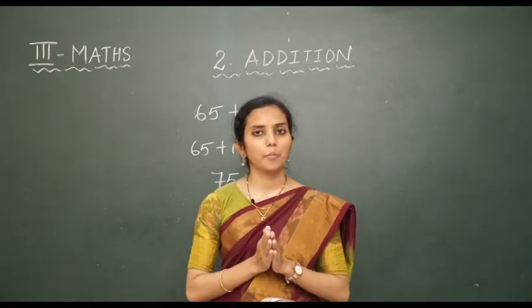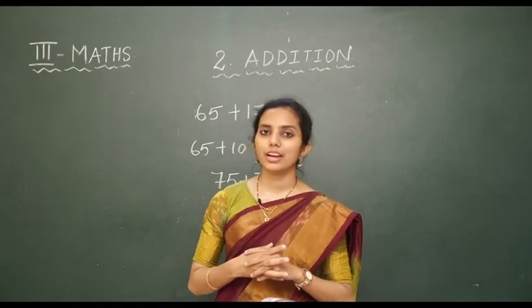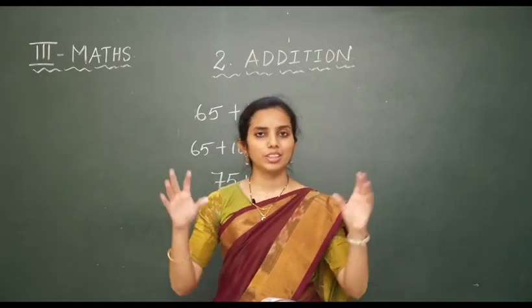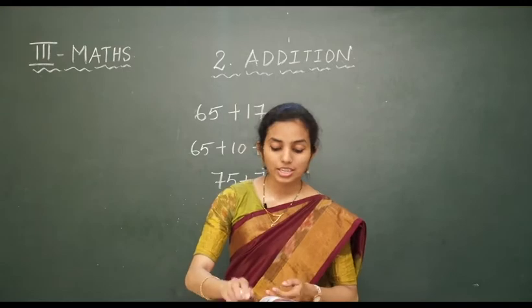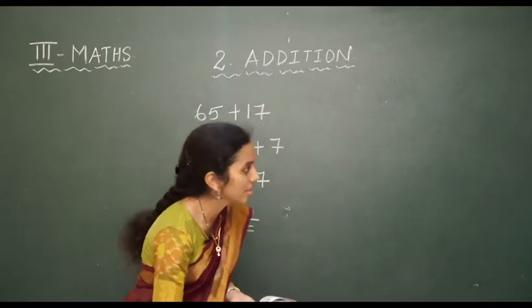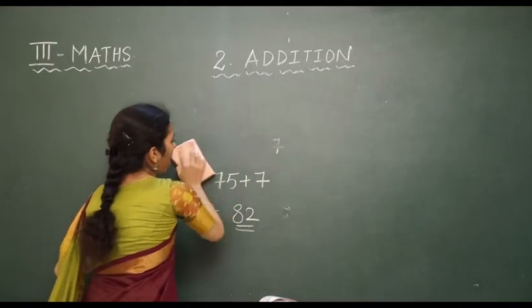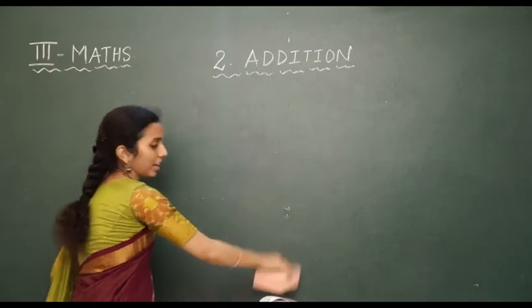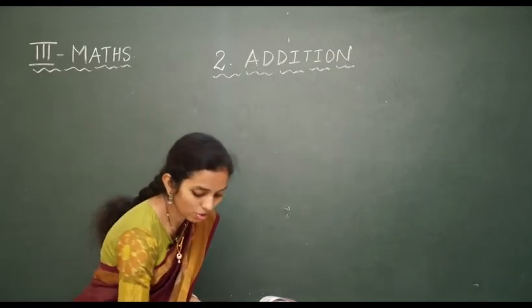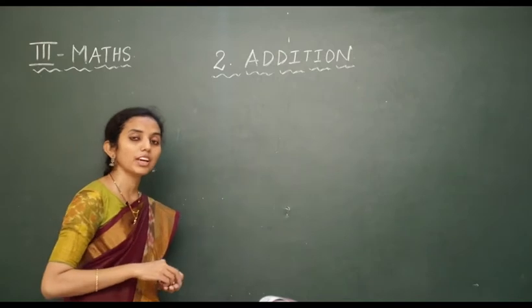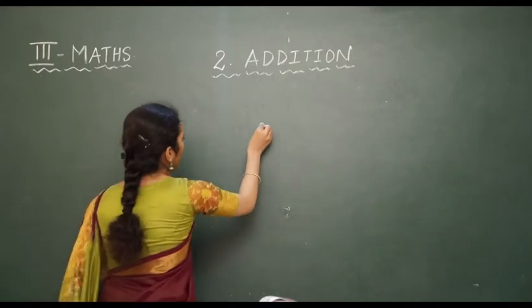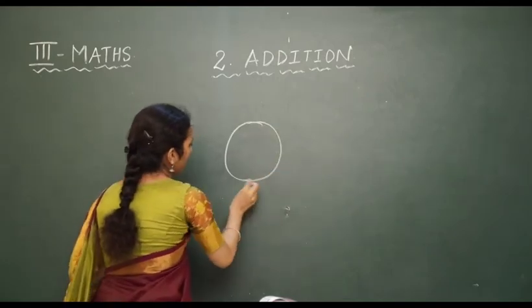Now there is a number spider. So what is a spider? You know, it's an insect with 8 legs. So what is it representing in our maths class? It is telling us how we can represent a number in different ways. So to tell that concept, here we are given a spider.